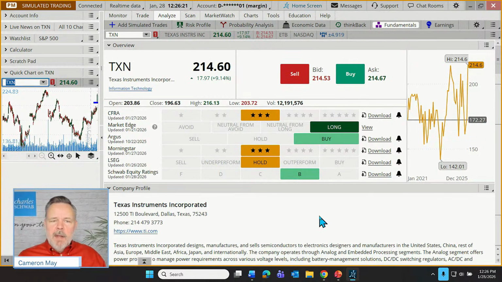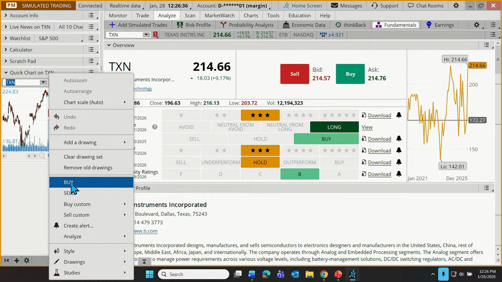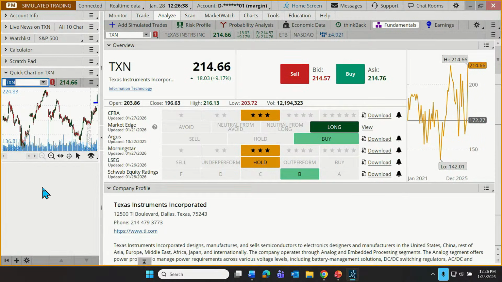Maybe I'm looking at its fundamentals over here, and I decide, yeah, let's buy it. I could go to the Trade tab, or I can just right-click, just like on the big chart, we can right-click on the little chart. And there's that menu of orders. Now that's one of our gadget features. I should just say very broadly, if we're using a gadget feature and it has a symbol or a quote, we can probably trade from there.